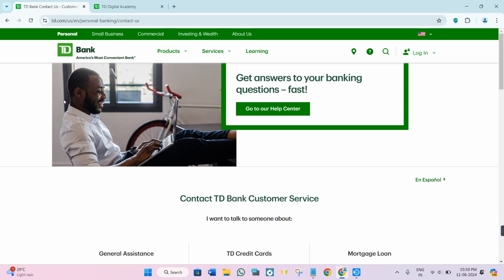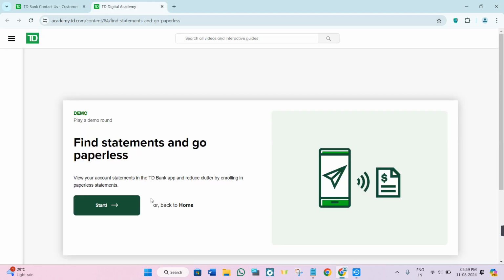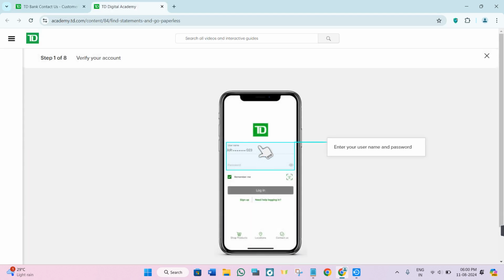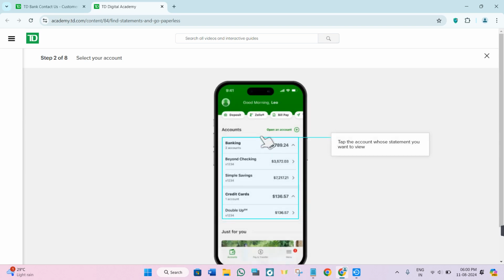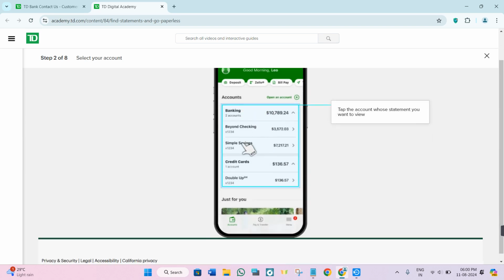In order to do that, the first thing that you need to do is to simply launch your TD Bank's mobile banking app, and then you need to just provide your login credentials and log in into your account. Afterwards, on the home page, you just have to tap on the account whose statements you want